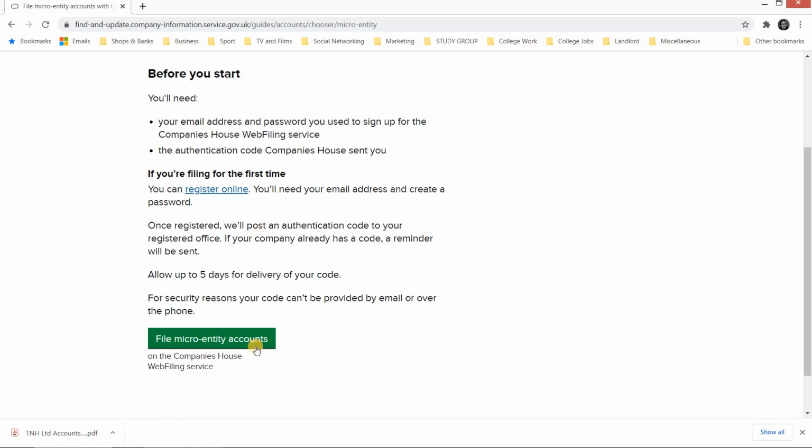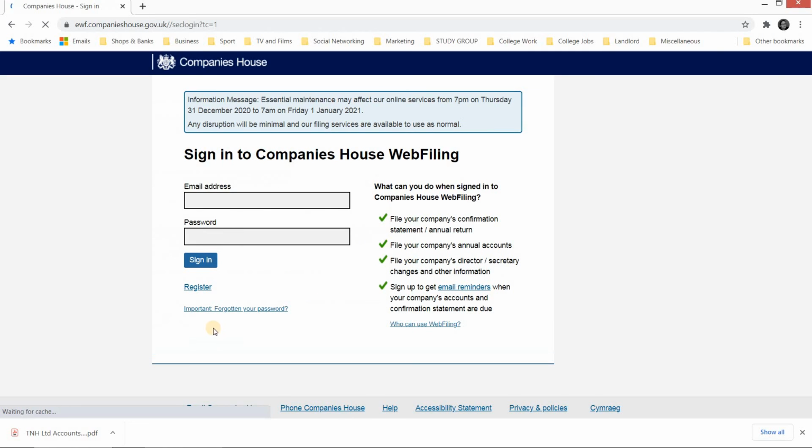Well, I know my authentication code, so I'm going to continue, file micro entity accounts, and then I add my email address again, and this is where I have to put a different password in. So I stress this is not the same password that you use to enter the Companies House site. This is a different password that you use to sign in to the web filing service to file your annual accounts. So I'm going to put that in now